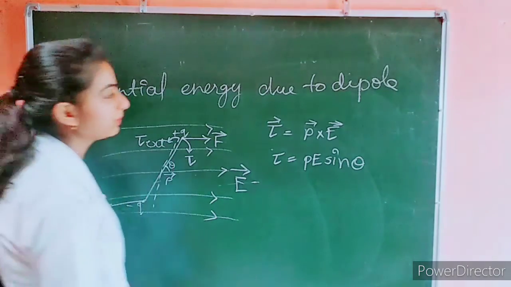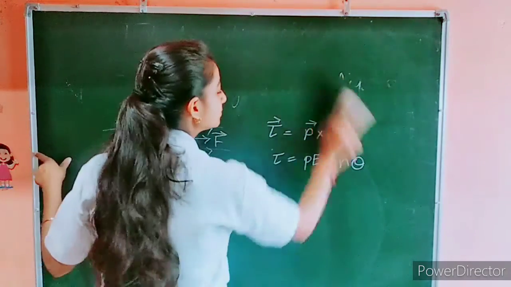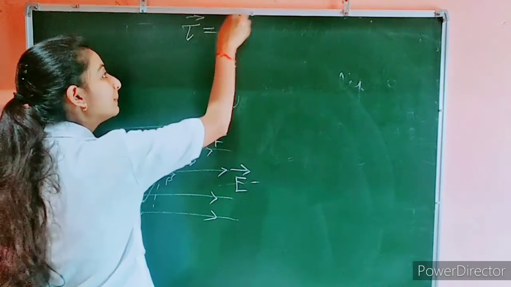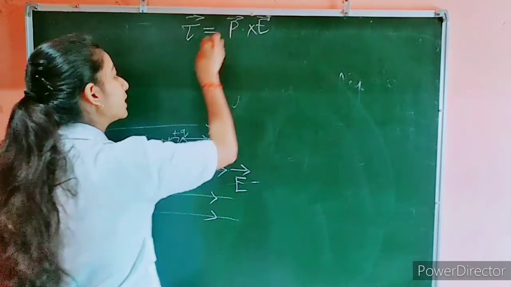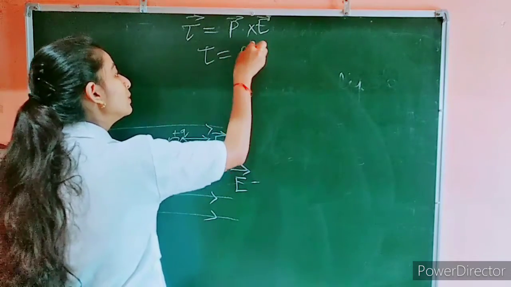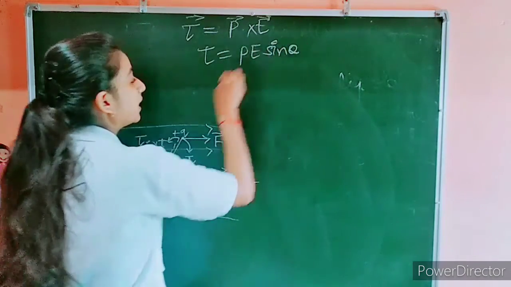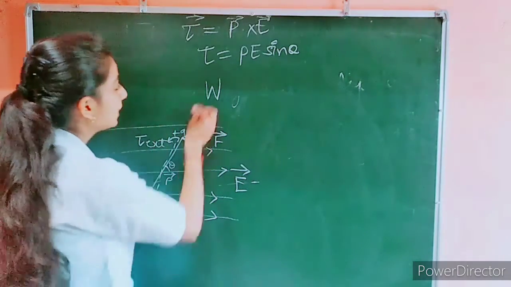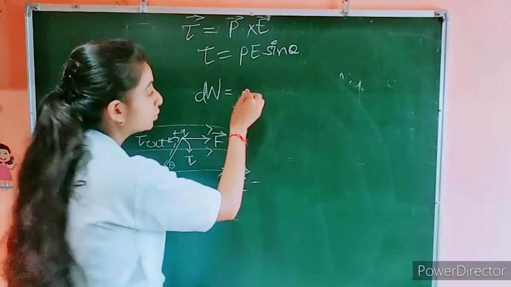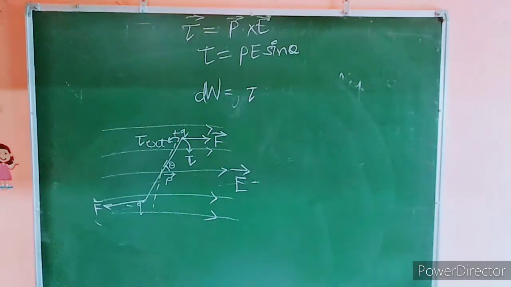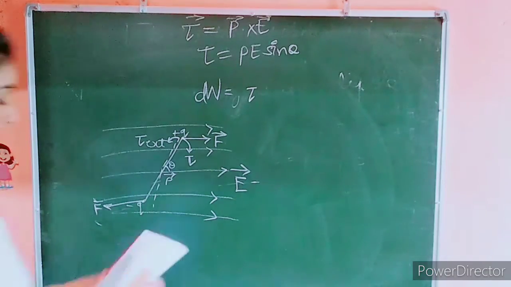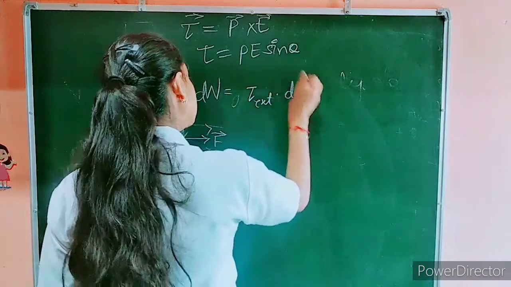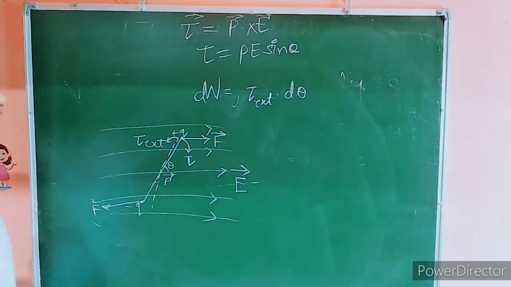by tau will be equal to, tau is equal to P cross E. Now tau will be equal to PE sin theta. Now work done in this will be dW, which is equal to tau external into d theta. Now amount of work,